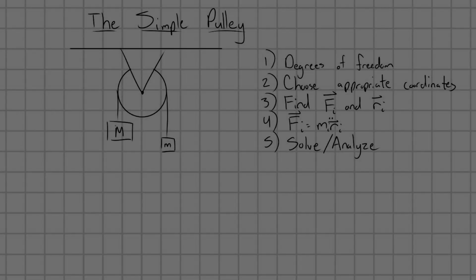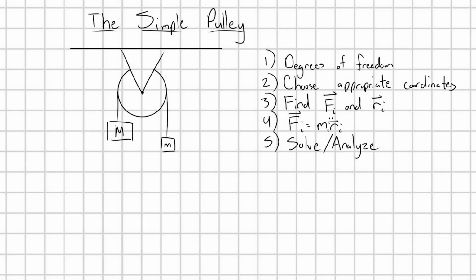Hello there. Let's start talking about Atwood's machines, or in other words, pulleys. In this setup here, I just have a simple pulley with two masses labeled capital M and little m, and I want to describe the motion of the system. Bear in mind that for this example, we assume both the rope and the pulley to be massless